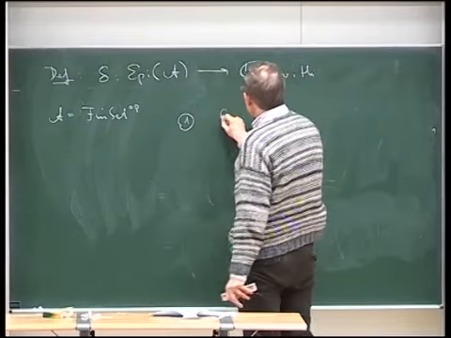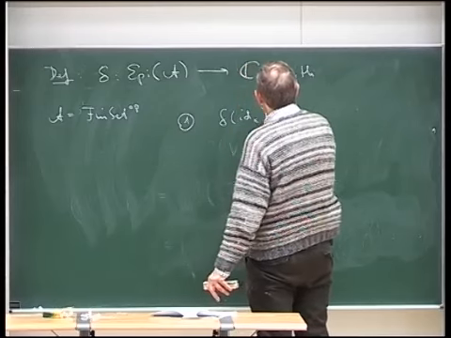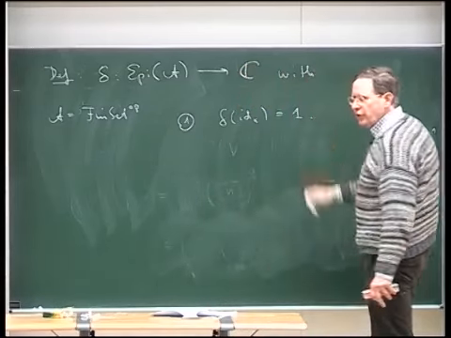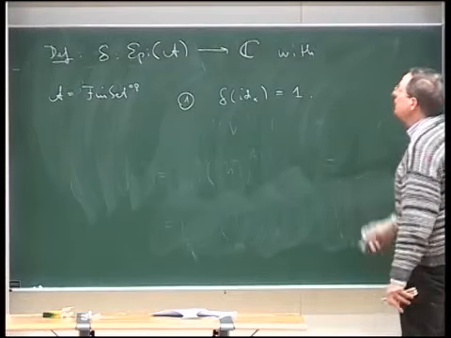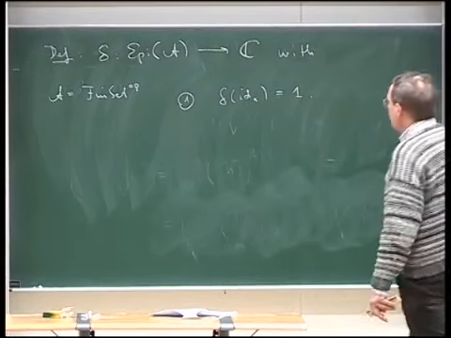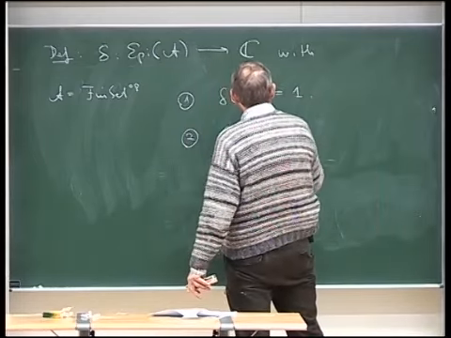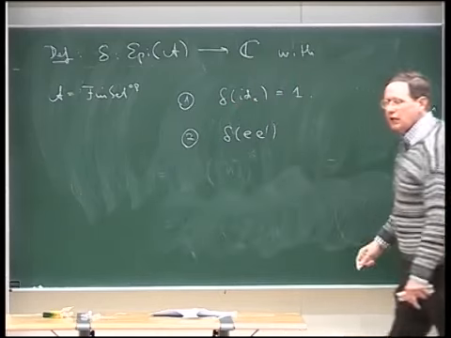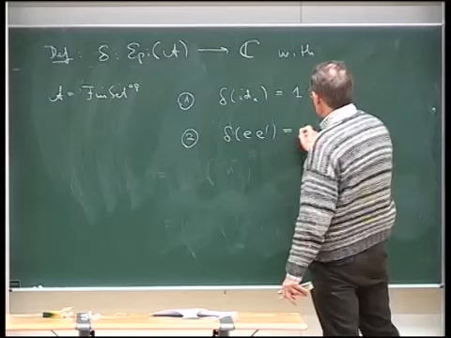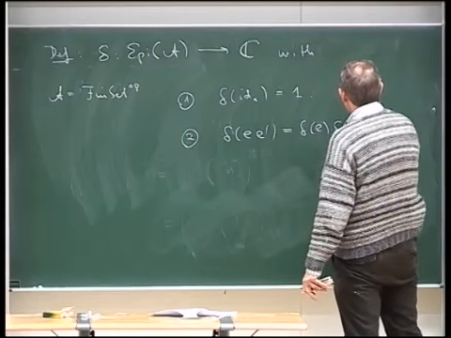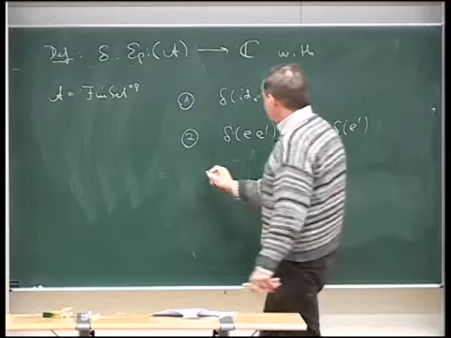First of all, delta of the identity is 1. Then you should not have a factor if this map is actually an isomorphism. Second, delta of two composable epimorphisms is just the product of the deltas. And 3,